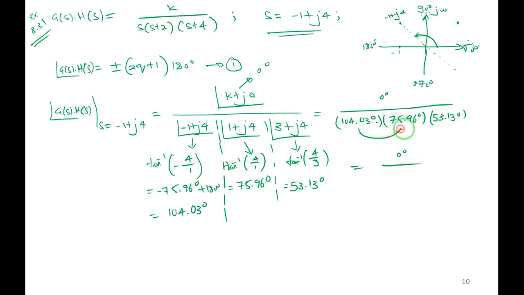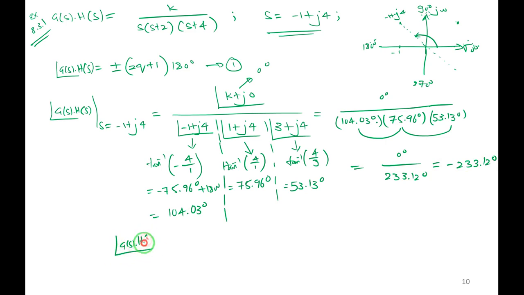So add 104.03 plus 75.96 plus 53.13. So I am getting 233.12 degree. Taking it with the numerator 0 degree, I am getting minus 233.12 degree. So the angle of g of s into h of s